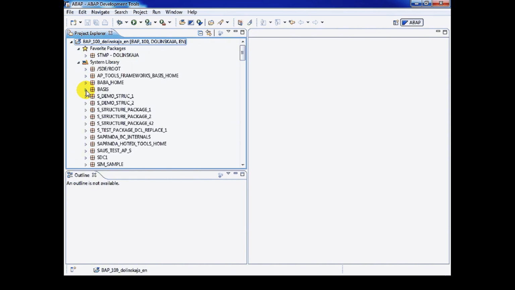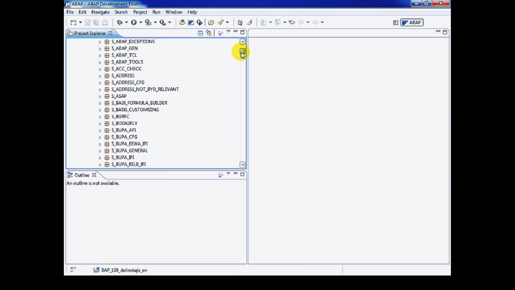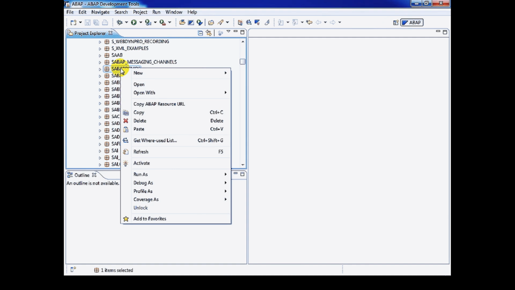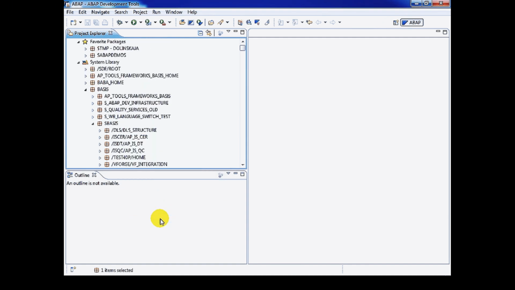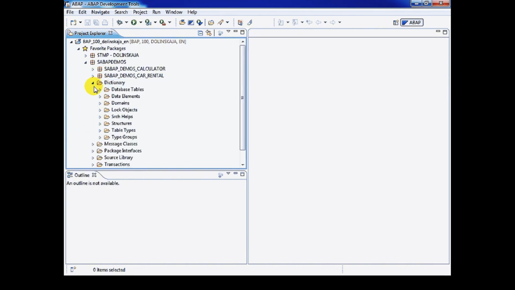In any ABAP project, you can open the nodes and navigate in the Project Explorer as you do it in SE80, through the packages, sub-packages, down to your ABAP development objects. Additionally, I will add the ABAP Demos package to my favorites. And now, if you take a look at the content of the package, you will recognize your ABAP objects, dictionary objects like database tables,